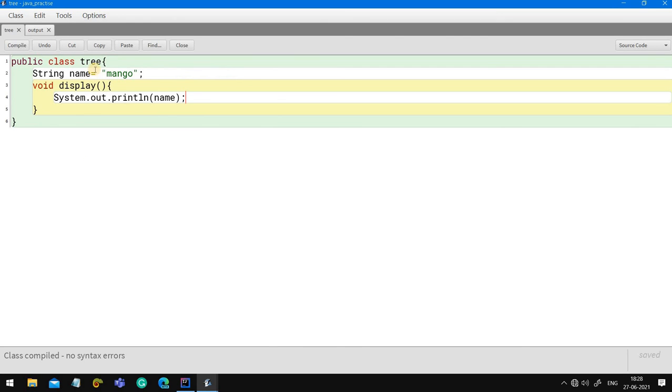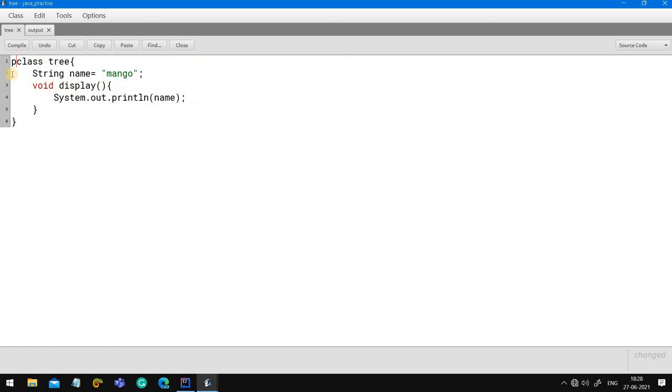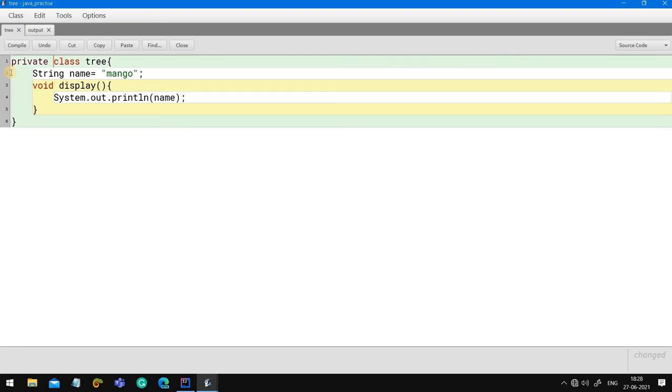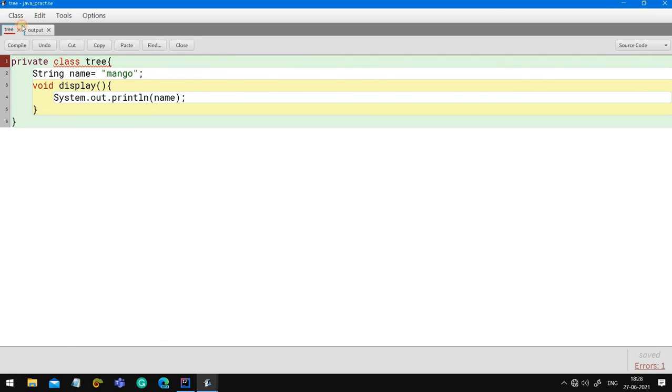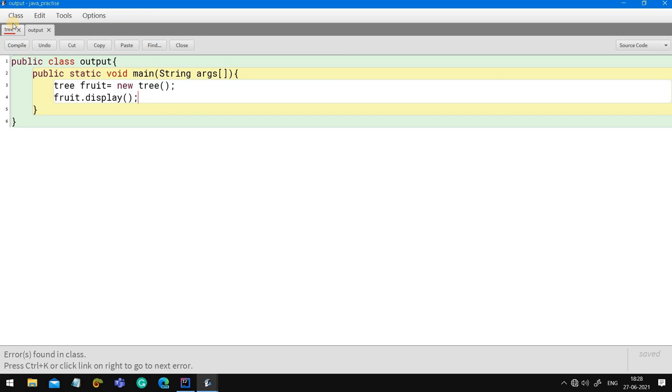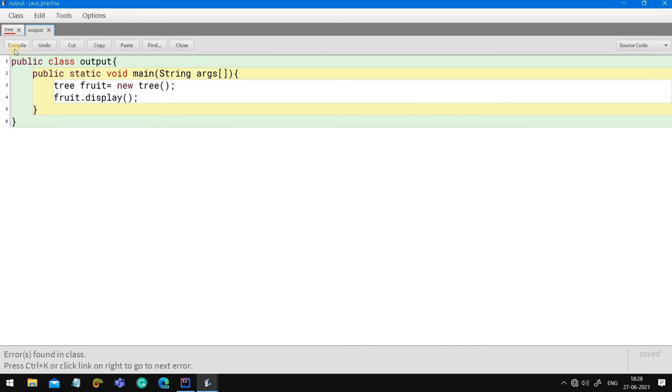Now let me show you something. If I remove this and compile it, nothing will happen. But now let's change the access specifier. Private. I have made it private. Now nobody can access it. So see, it is showing that it cannot be accessed because this property is private. You cannot access it, no, never. So this is the concept of objects and classes.